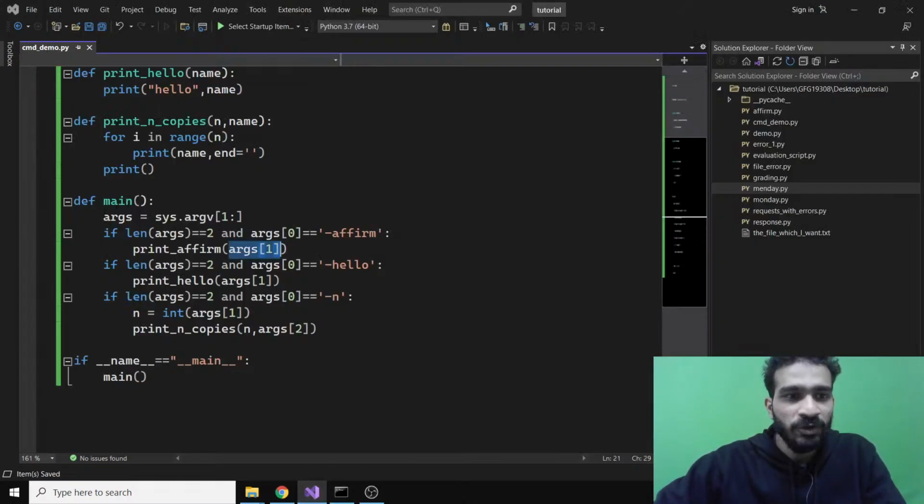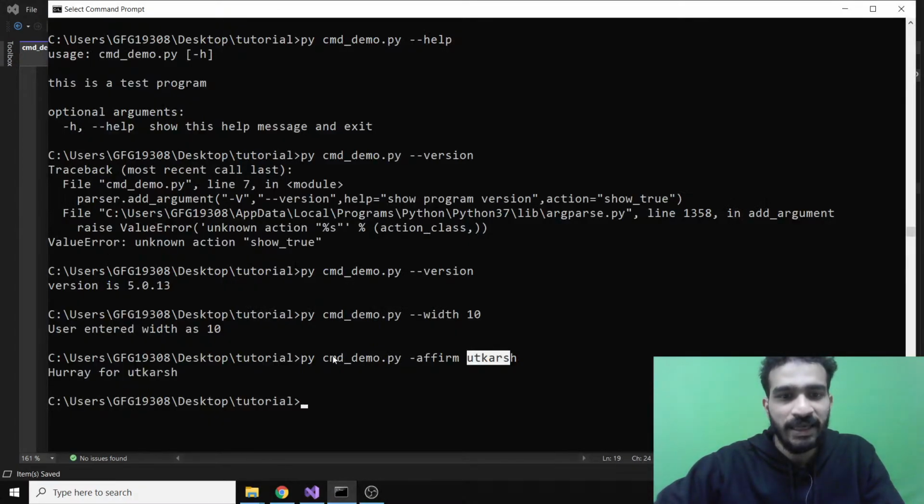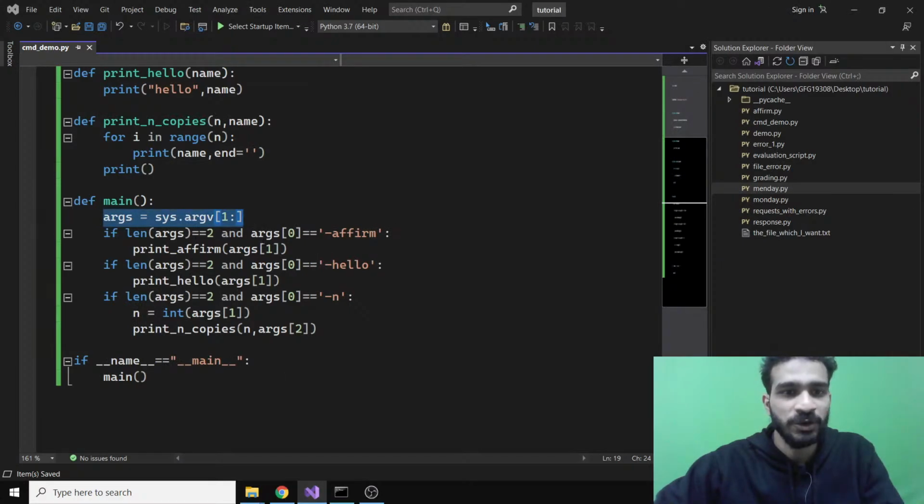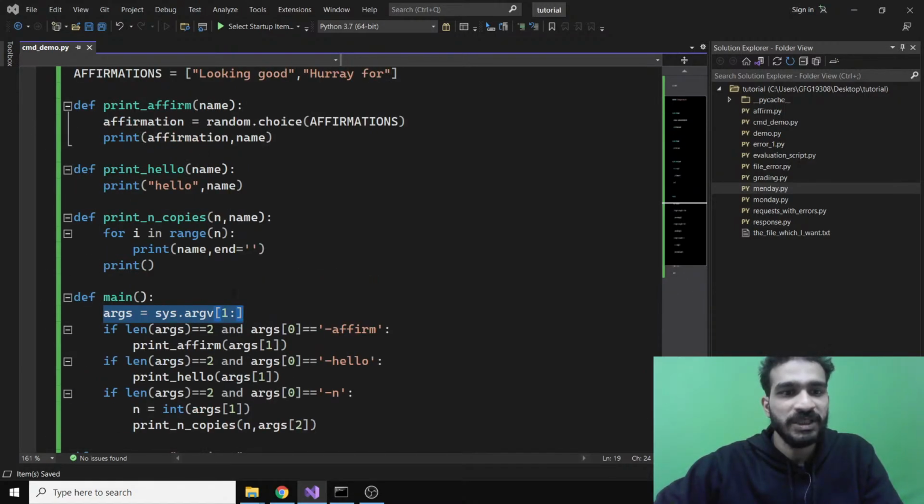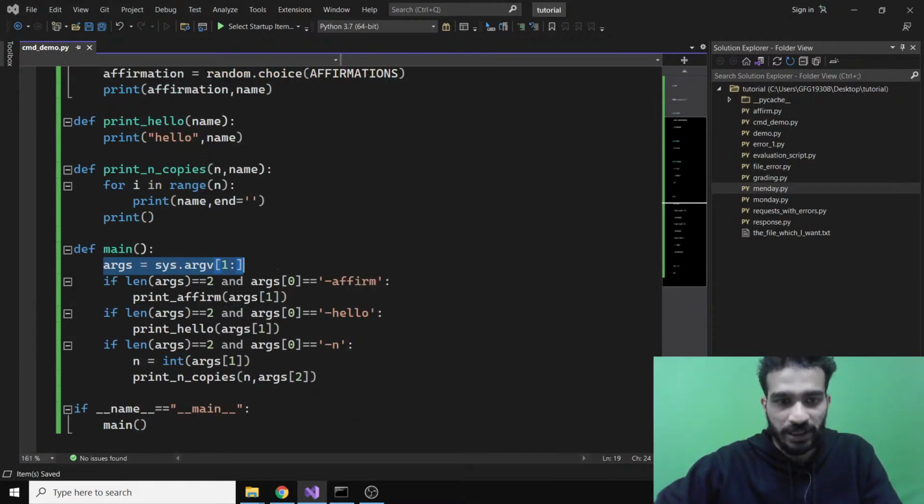But in the starting only I have sliced the sys.argv list, right? So after slicing, I have discarded this cmd demo.py. So my 0th becomes affirm and my first index becomes Utkarsh. So it has executed. First it checked that the length of args is 2, it was 2, and the 0th element is affirm. Then it executed the print affirm statement with my name, which was Utkarsh. Okay, it passed Utkarsh into the print affirm